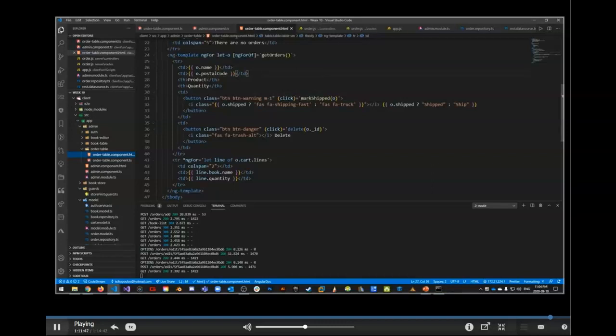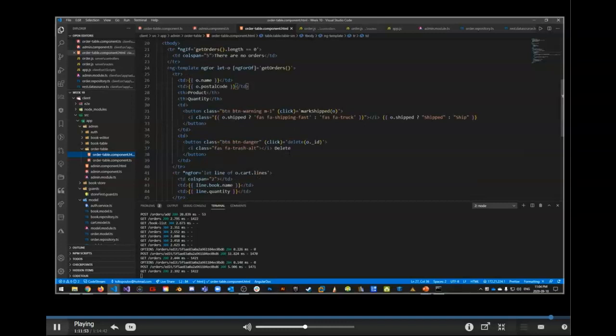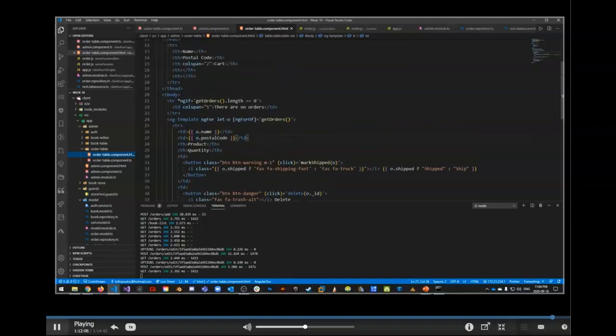That's what should really be happening, because if I'm not wrong, if we mark it as shipped, we can vary what we see here, but we don't want to see the order itself if the order is shipped. And we're going to get the order information up here: the name, the postal code, product, and quantity. We want to basically say that this table row